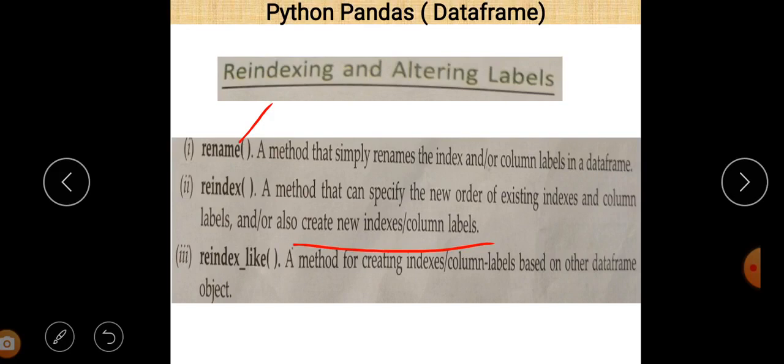Next is reindex_like, a method for creating index and column labels based on other data frame objects. So if there is already a data frame and you want to rename or reindex using that data frame, it is possible by using the reindex_like function.